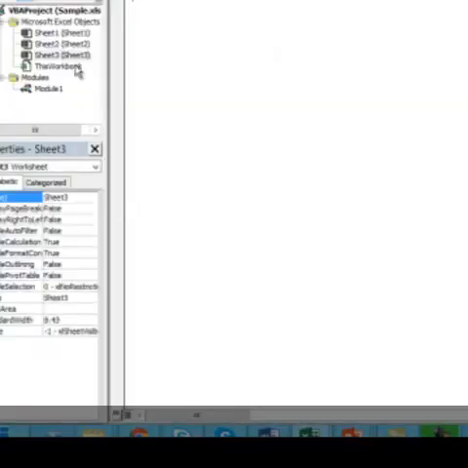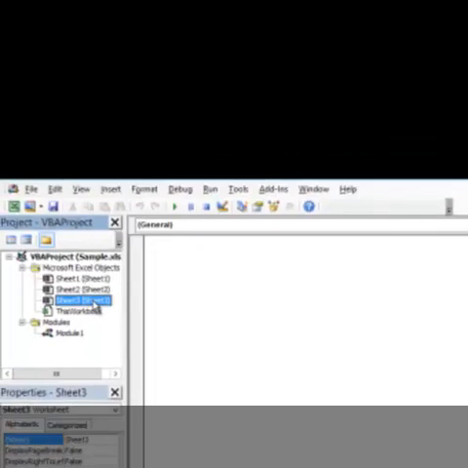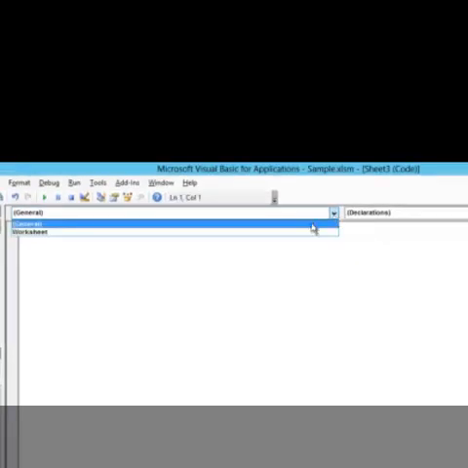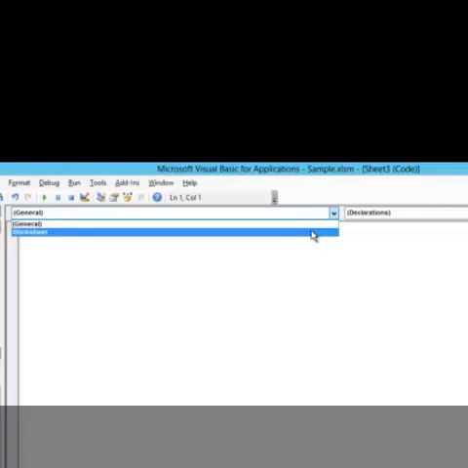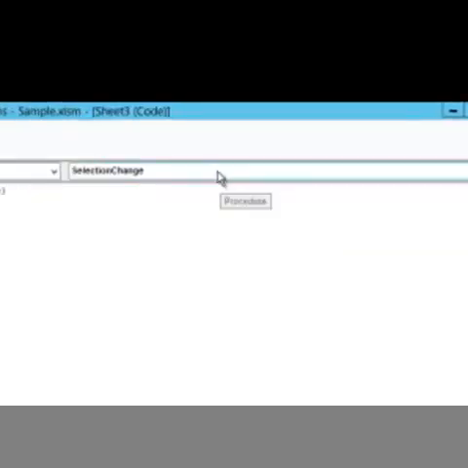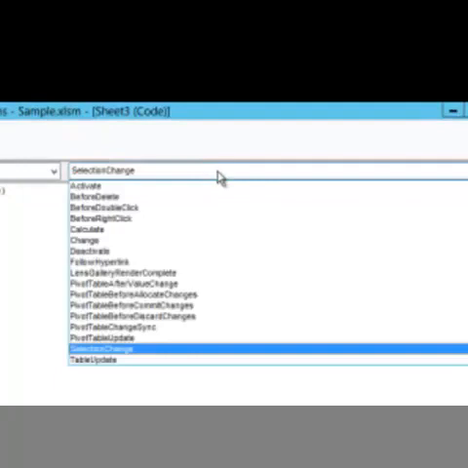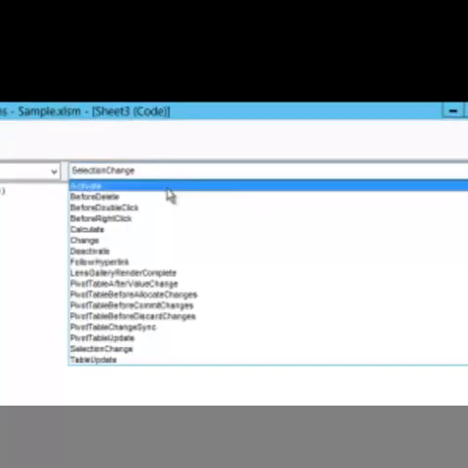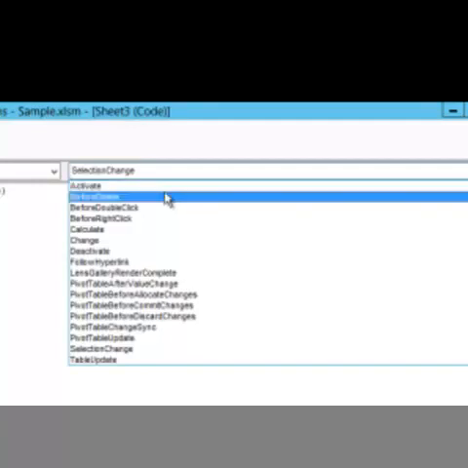Now if you just go to this, see here, I've got sheet 3. This is the code window for sheet 3. If we look at this code window, on the top we have something called object. That means which object for which you want to generate the event. My object right now is worksheet. And for this worksheet, what kind of event do we want to have? Let us say the moment I open the sheet, the moment I activate the sheet, I want some code to be executed. Similar to activate, we have different other events also.